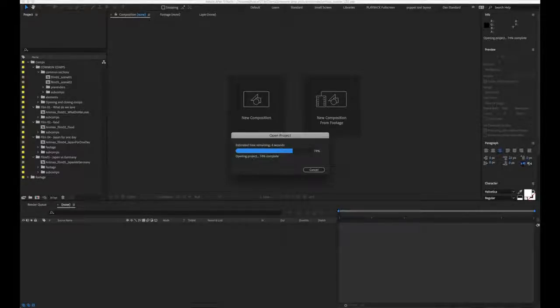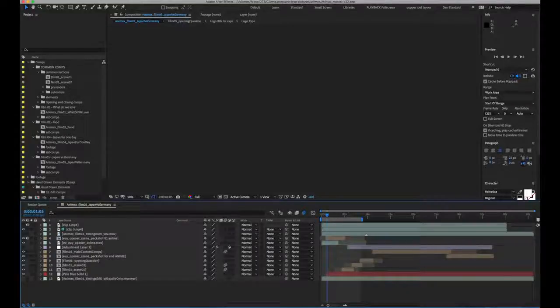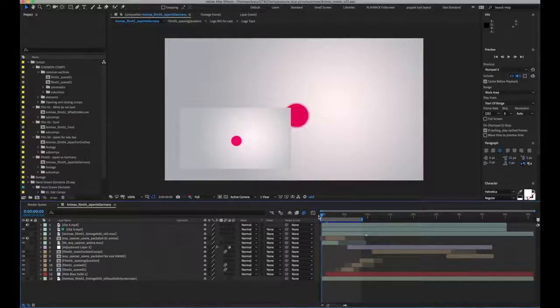It is a large project; the project file alone is about 22 megabytes. But most of the elements inside it have been pre-rendered, so there's not a huge amount of heavy lifting involved in it. I obviously don't expect it to play back in real time. You can see it's cached to a disk cache. If I now RAM preview this here,